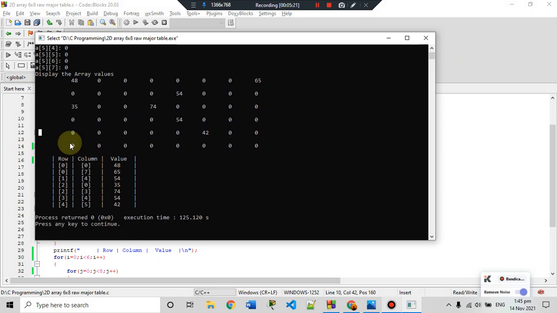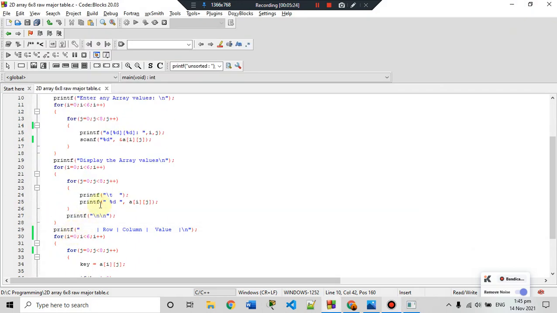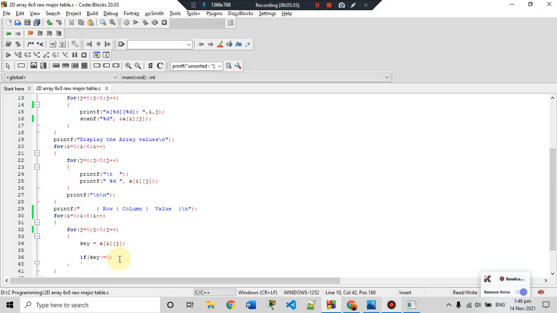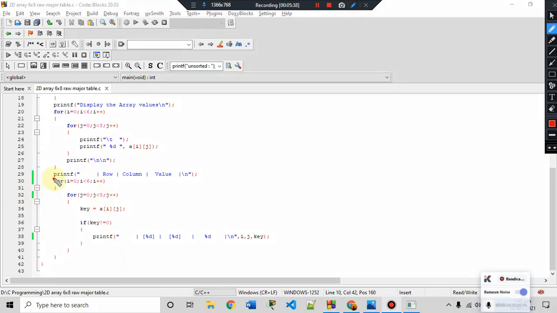So after we input that value, after it exits this loop, it will go down here to another loop, which is another for loop here, another nested for loop, and uses again another if statement. So here, as you can see, for i, after it checks, if k is not equal to 0,